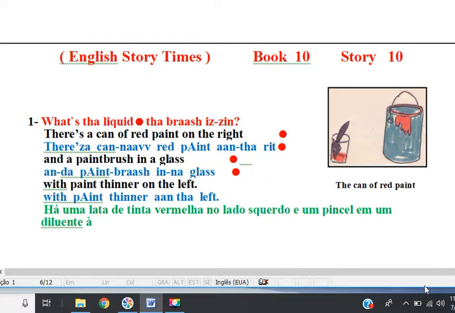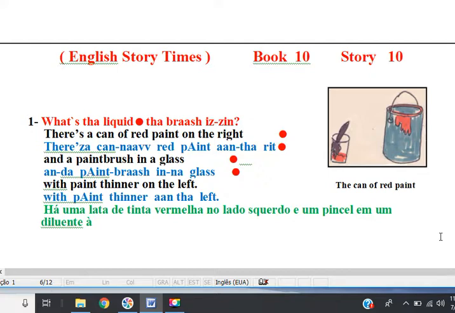Line 1. There's a can of red paint on the right, and a paintbrush in a glass with paint thinner on the left. Question: what's the liquid